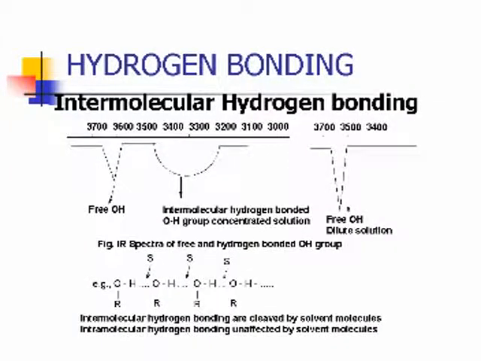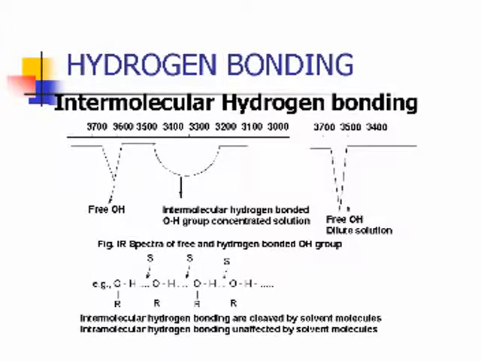Now the formation is a dimer. Association of bonding between 3 molecules means a trimer. In the same way, association of more molecules is what is called a polymer combination. Due to association, the length of the bond increases, and automatically the force constant decreases. If the force constant decreases, automatically the stretching frequency value for intermolecular hydrogen bonding is less. Free OH for